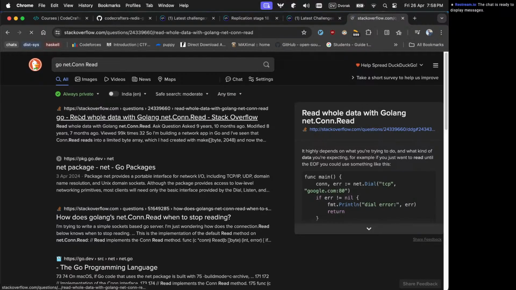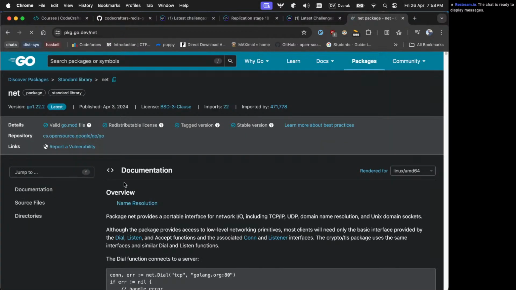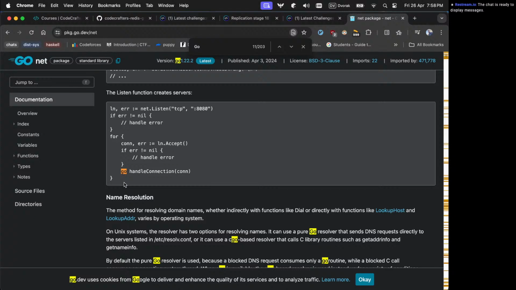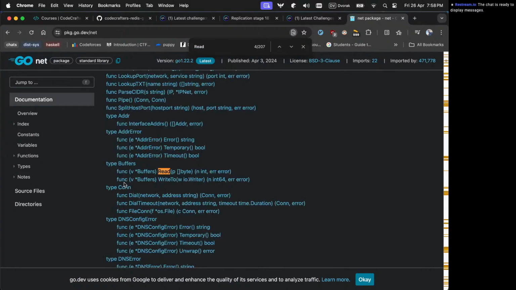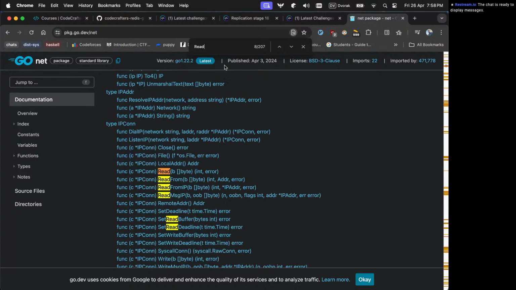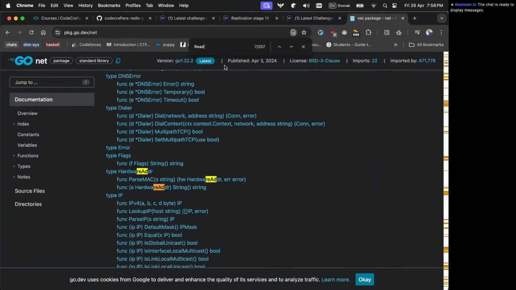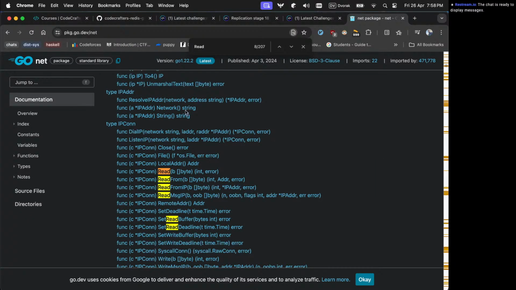So it should be a pretty sensible thing to do. Go usually has very sane defaults. So let's see, there it is. Connection dot read. What was the previous read? It was buffer read, and this is connection read.